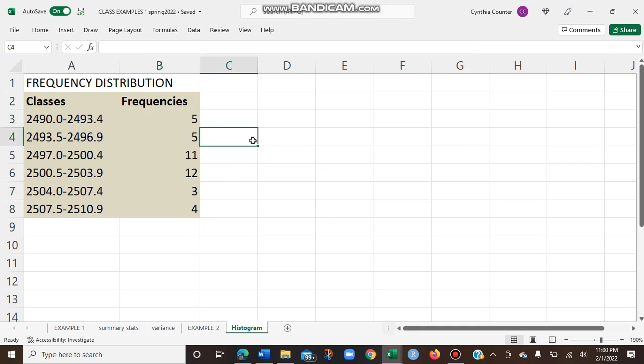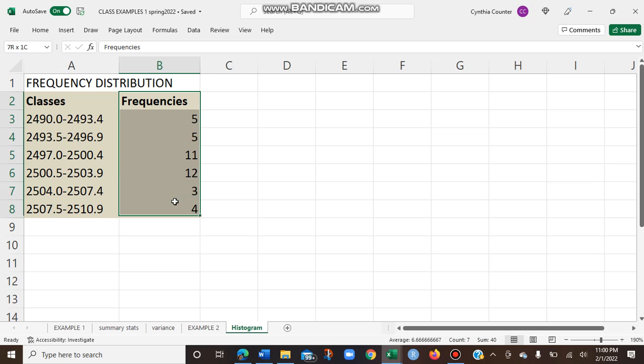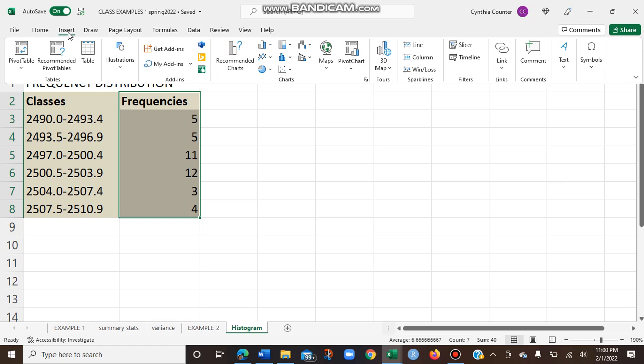In this video, I am going to show you how to create a histogram from a frequency distribution table in Excel. First thing you want to do is highlight the frequencies column. Only the frequencies column, not the entire table. Then you are going to go to Insert, and over here in the charts,